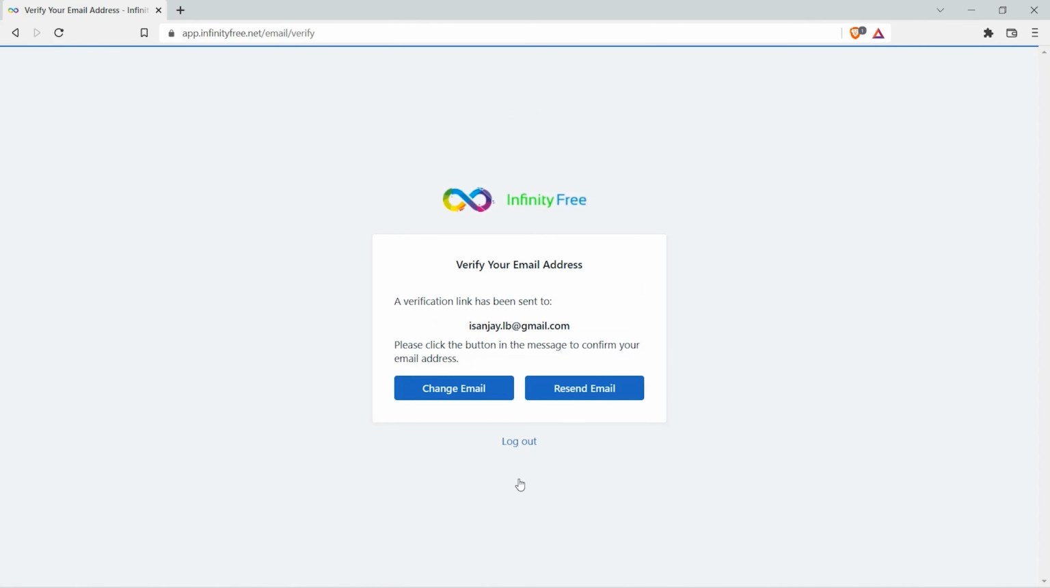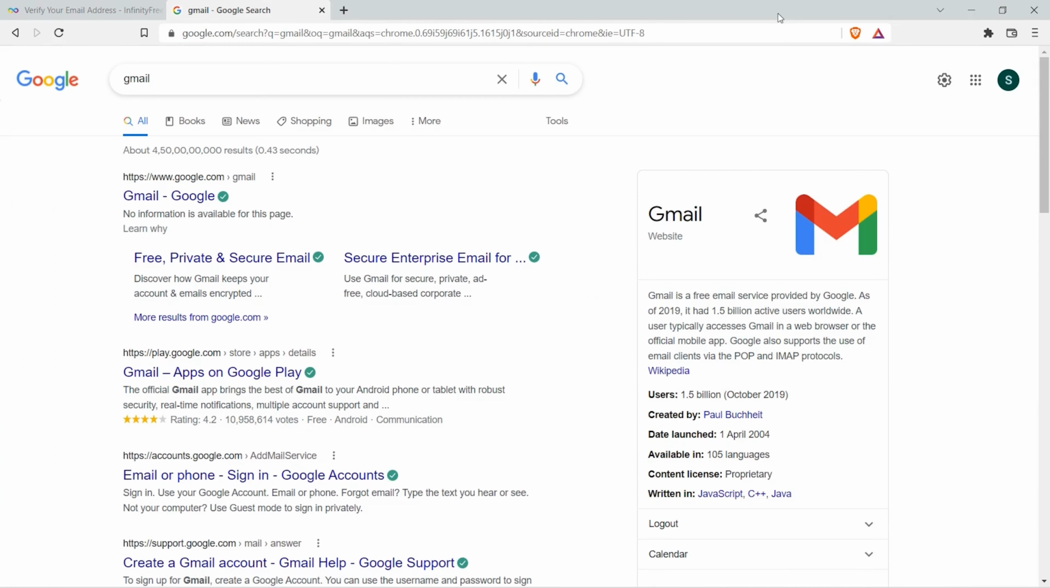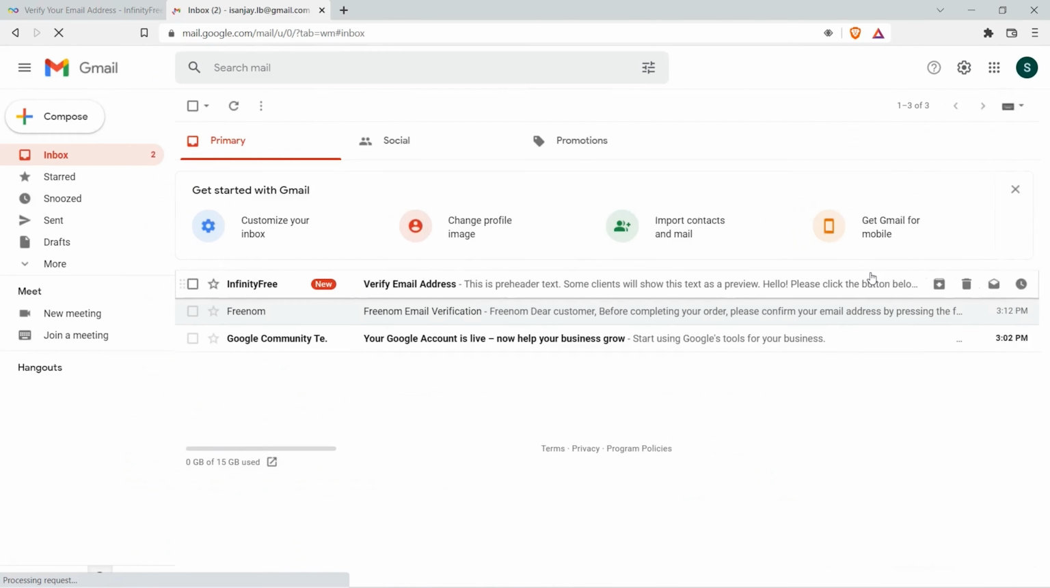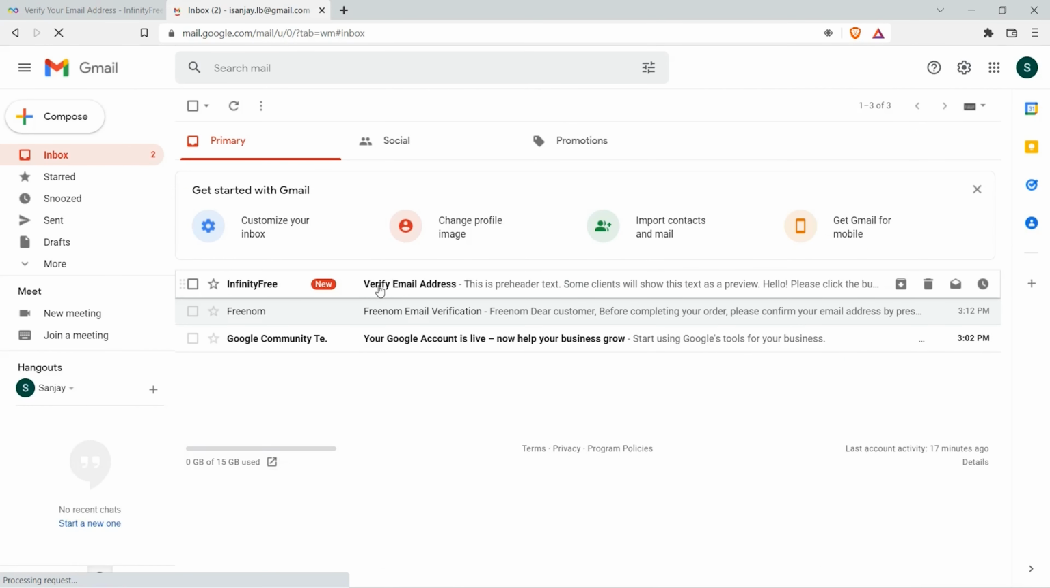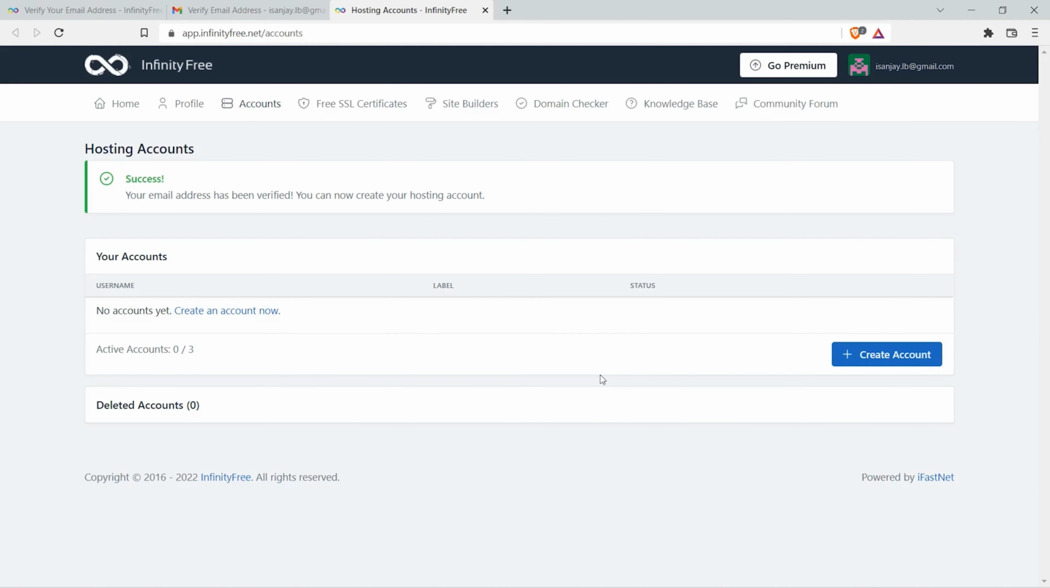A verification mail has been sent to our email ID. So now go to your Gmail account and verify your email ID. Okay, you can see that a mail from Infinity Free Host is here, and click on this verify email address. So now the Infinity Free account is created. Now we need to create a hosting account here. For that, click on this create account button